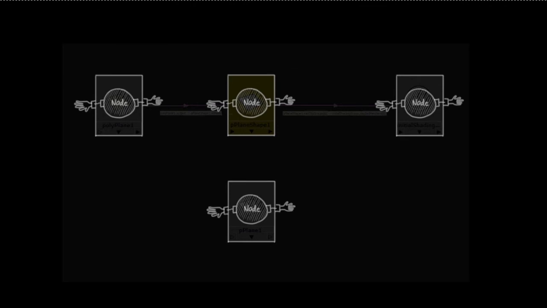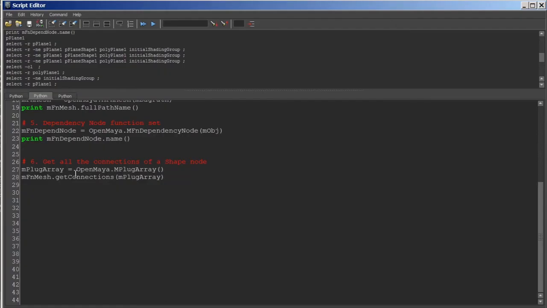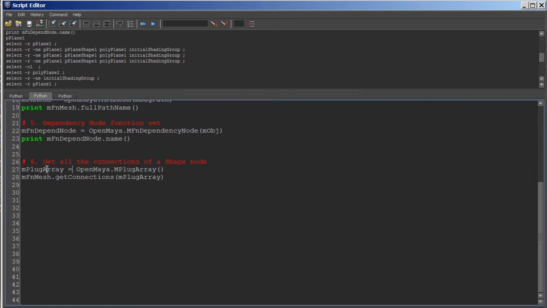So when we want all the connections of a node, it would give us all the plugs. In this situation, it would give me this plug, and it would give me this plug, right? That's what we are doing here: we are creating an array of MPlugs, and then asking to give all the connections, which will be returned to us in the form of an array of plugs. Okay, so let's execute these